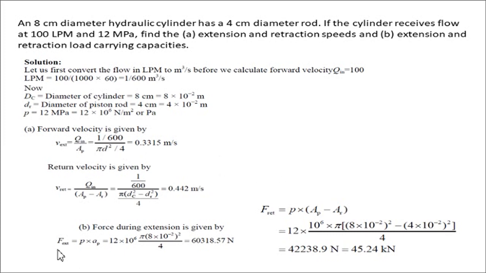Since the pressure which is developed during extension and retraction stroke is the same but the effective area is different, you can see that the force, which is nothing but the product of pressure multiplied by the effective area, also differs, since the effective area is changing. So what you observe is that during the extension stroke you will get the better force, because the effective area of the piston is more than during the retraction stroke.